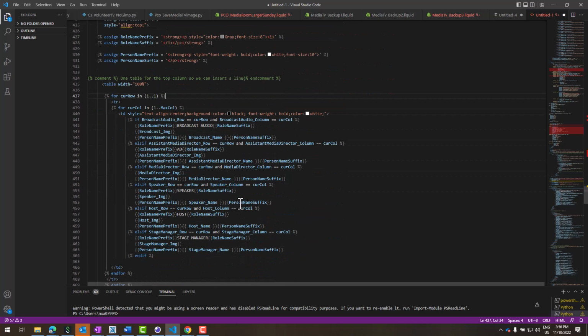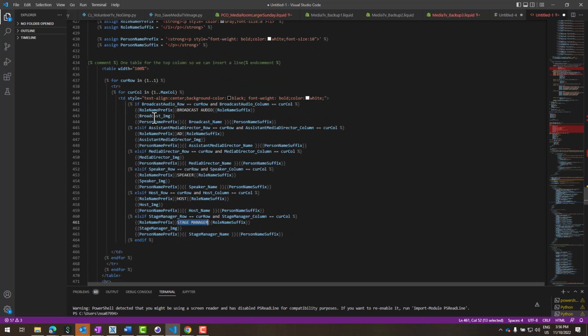So what this will do is the top column. So this is the assistant director, speaker, host. If you want to name them anything, you just change them here. So this will require a lot of editing, customization to what you use in Planning Center. And so we just print out the thing, we print out the images, we print out the people,